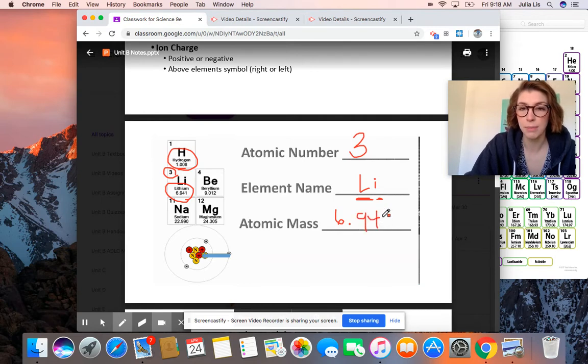The atomic mass here is going to be 6.941. This is hard on my laptop, just using a little trackpad, okay? 6.941. That is the atomic mass. That's how much it weighs, okay? Then if we look at beryllium,